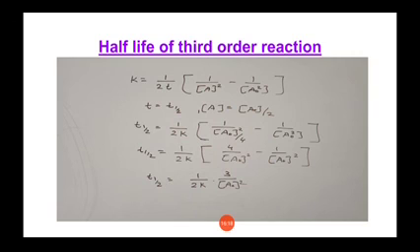And from that equation, we know that this K is the rate constant. The terms 2 and 3 are also constant. So simply we can write T1/2 proportional to 1 upon A0 square. So from that we can prove that T1/2 is proportional to 1 upon A0 square. So we can say that we have proved that the half-life of a third order reaction is inversely proportional to the square of the initial concentration.